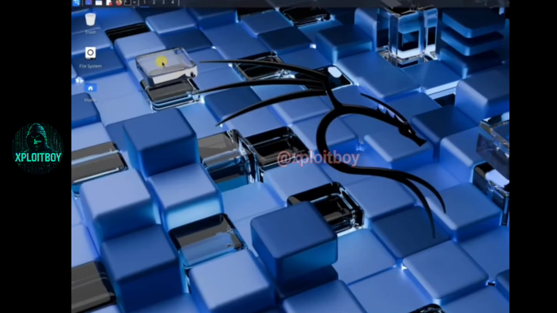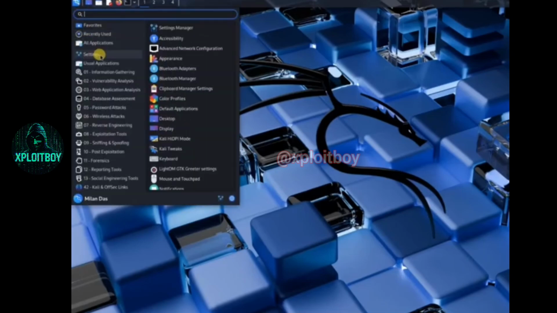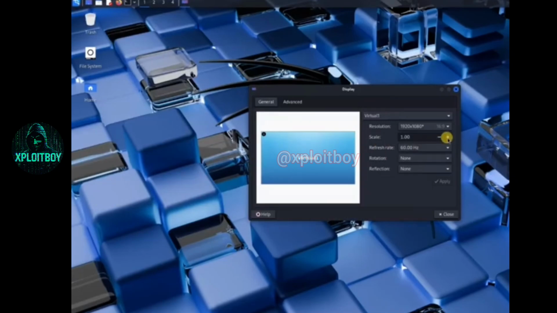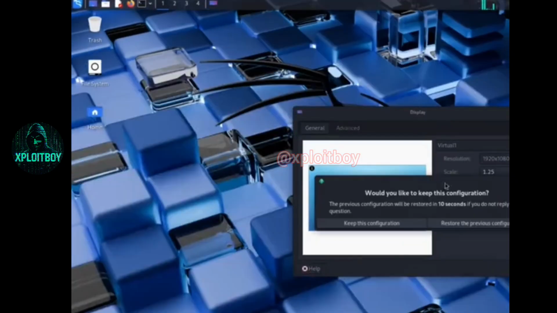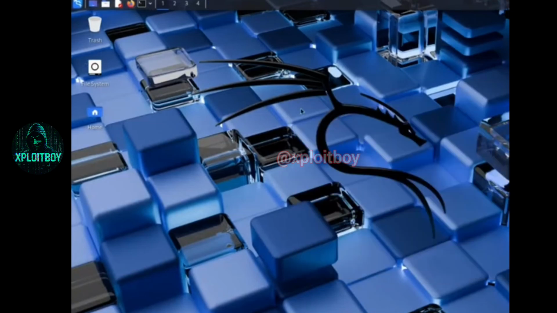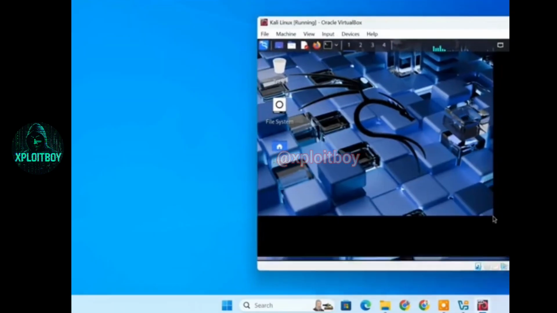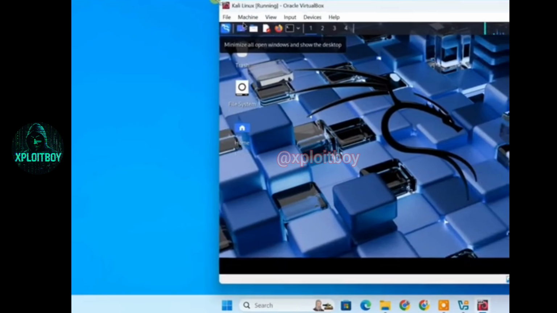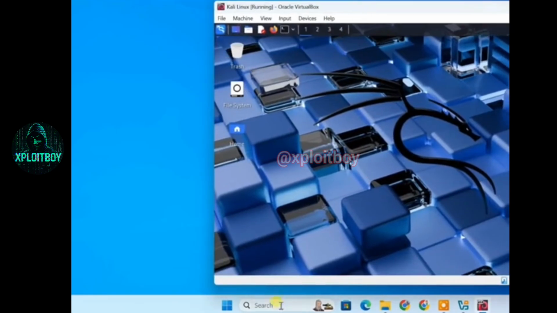Alright, let's test if everything is working. First, I'll check the display scaling by opening the display settings. From here, I'll adjust the scale to 1.25. As you can see, it applies perfectly. Next, let's test clipboard sharing.